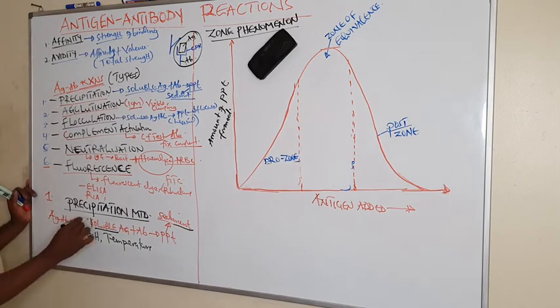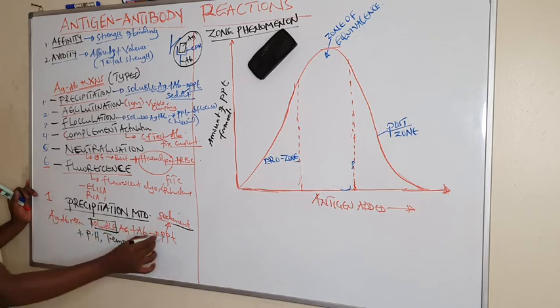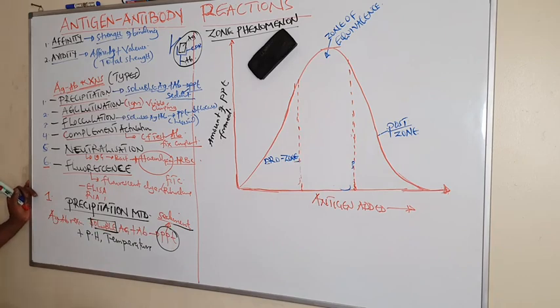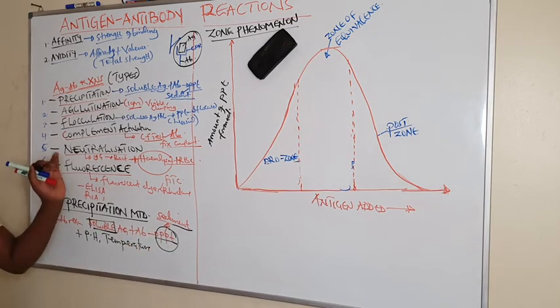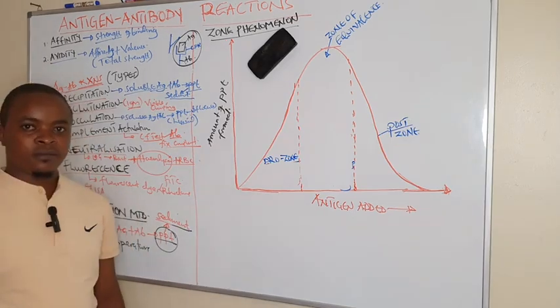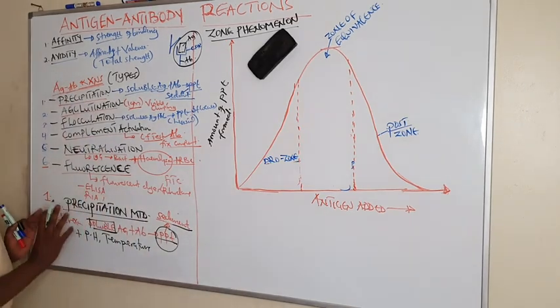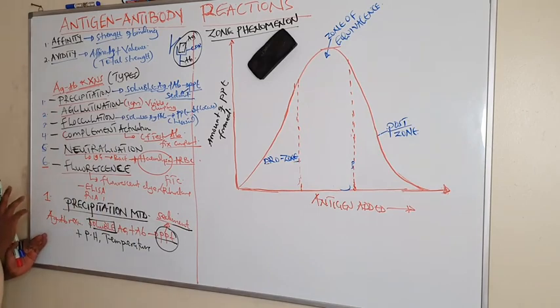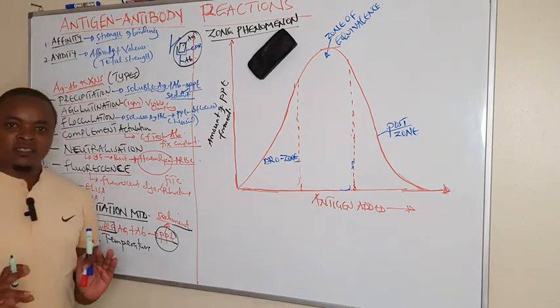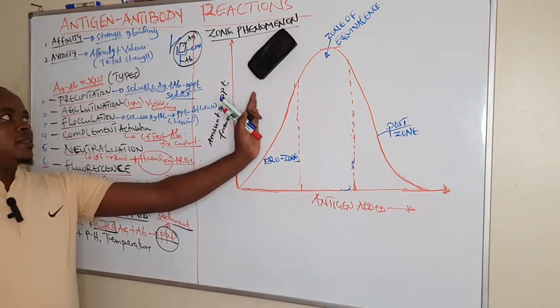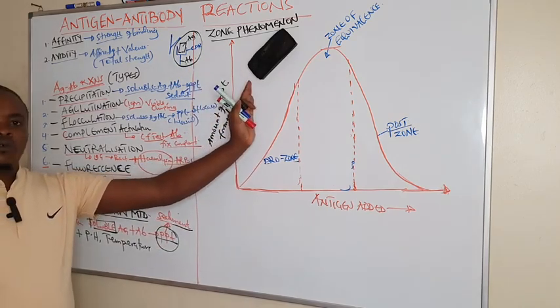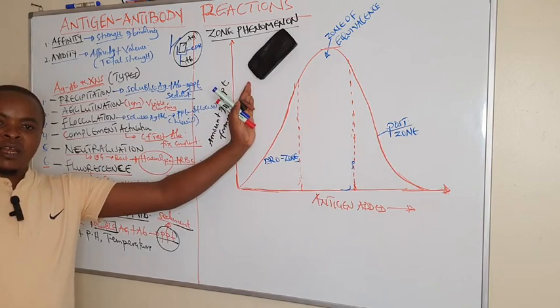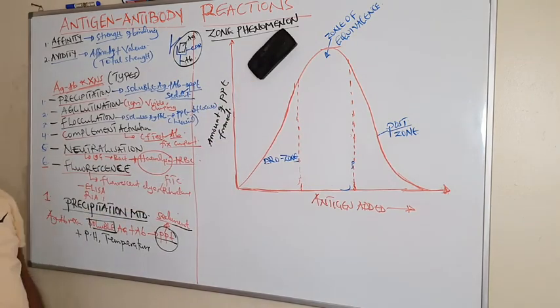And it involves soluble antigens which must be divalent or multivalent so that we can be able to see the precipitates as a sediment. And this precipitation method can be either quantitative or qualitative. And here we want to utilize zone phenomenon, which is an experiment performed under the quantitative precipitation method, whereby in this